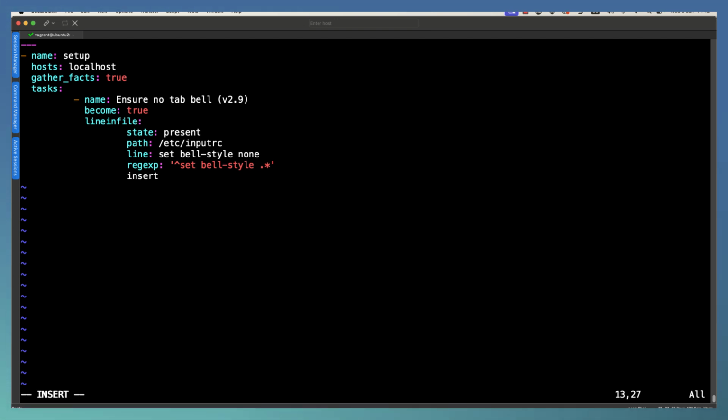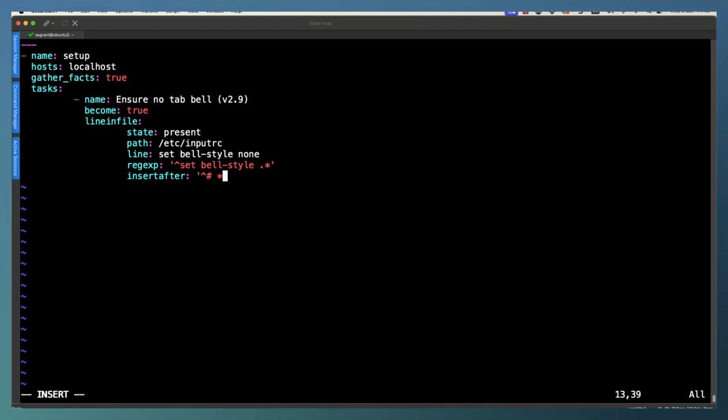If the line doesn't exist, we can insert it. If we don't specify where, it'll be at the end of the file. But we can then specify to add it where the comments are for the set bell style. So we can say the line begins with, and it might be a comment and then the setting, or it might be a space or a few spaces.